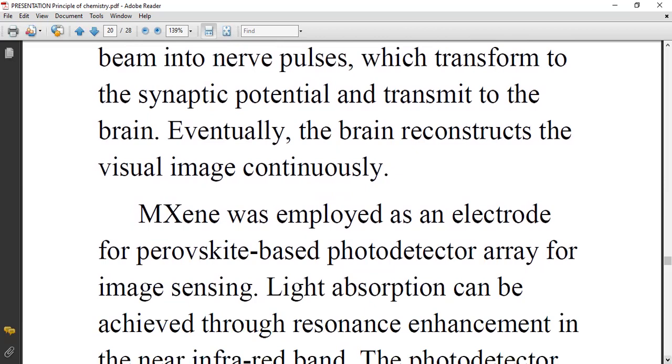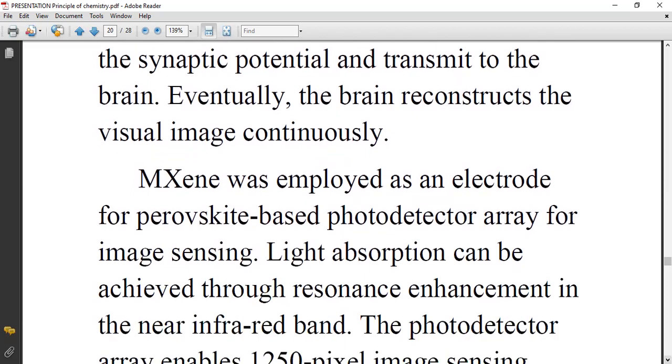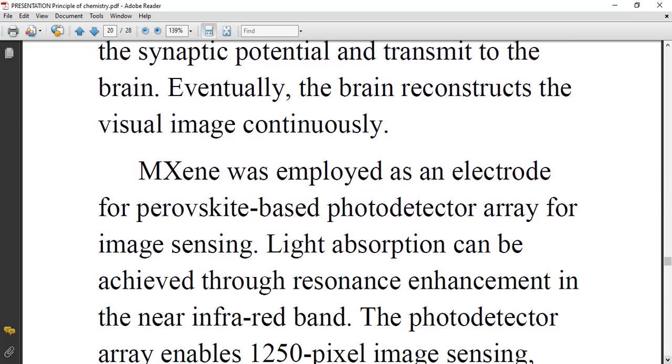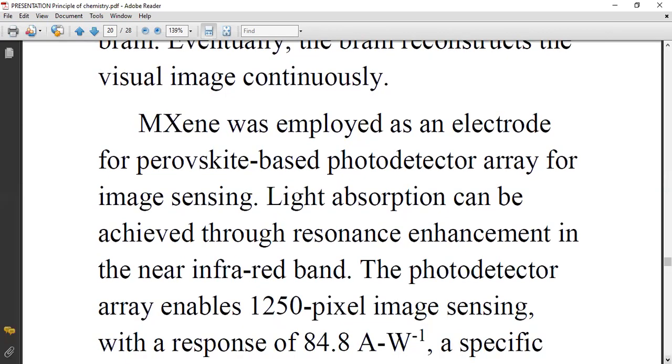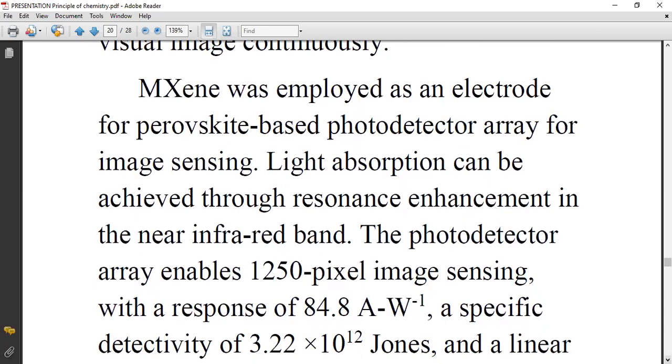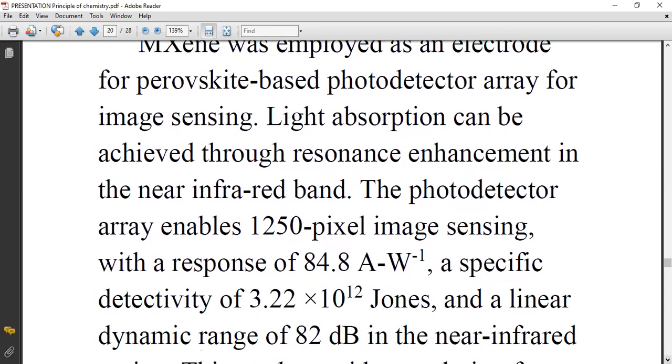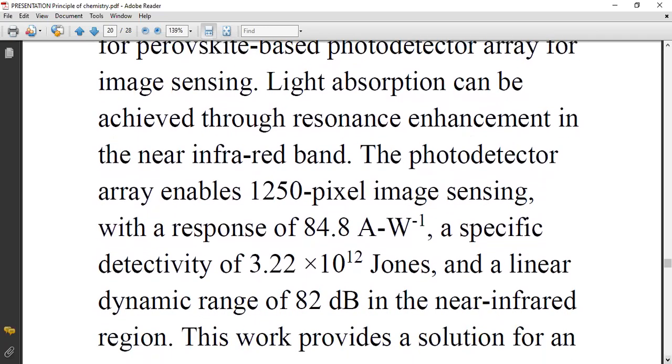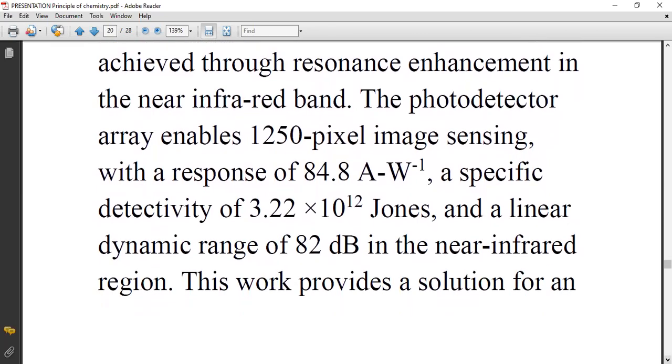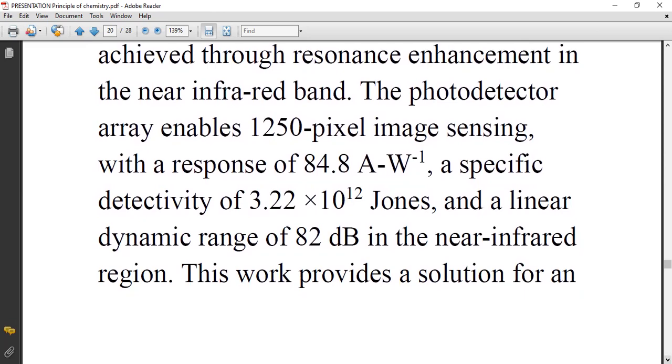Eventually, the brain reconstructs the visual image continuously. A MXene was employed as an electrode for a photodetector array for image sensing. Light absorption can be achieved through resonance enhancement in the near-infrared band. The photodetector array enables 1250-pixel image sensing with a response of